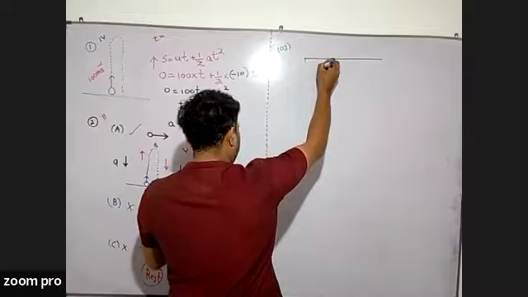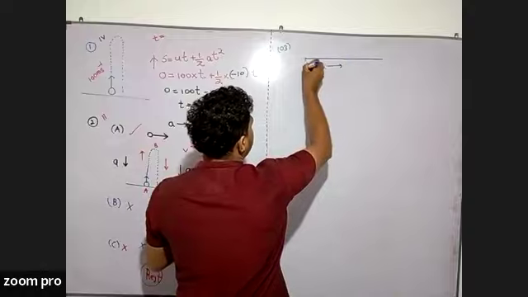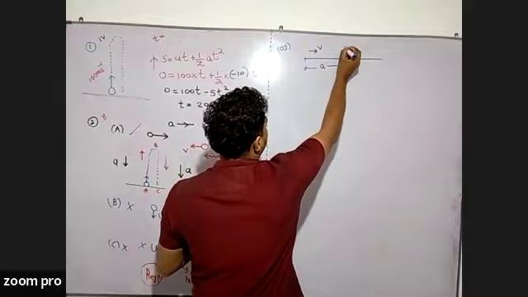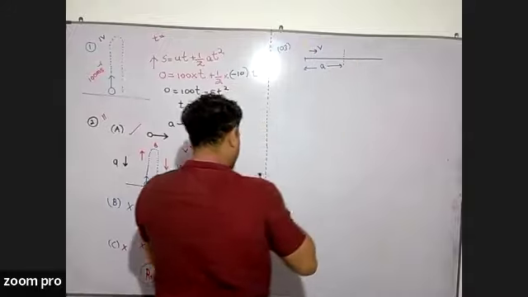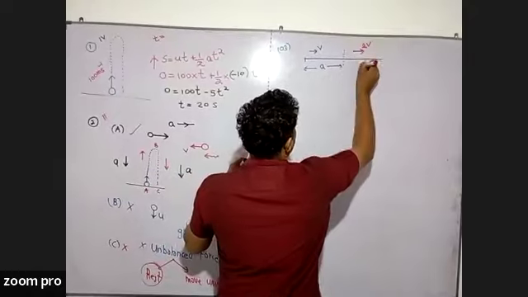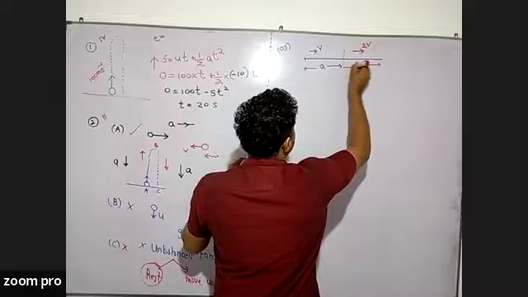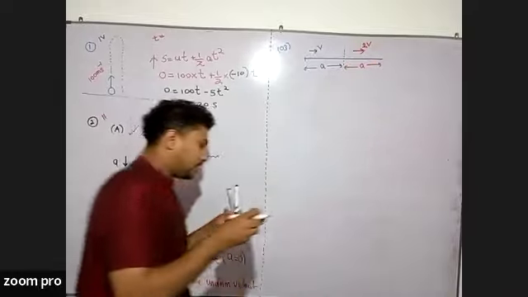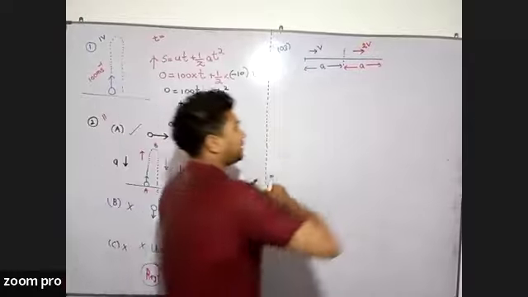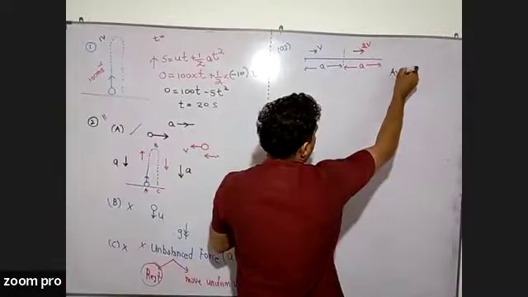Initially, an object travels a distance a with constant velocity v. After that, the object increases its velocity up to 2v and moves the same distance a, right? So the question is asking about the average speed. You know that average speed can be obtained by